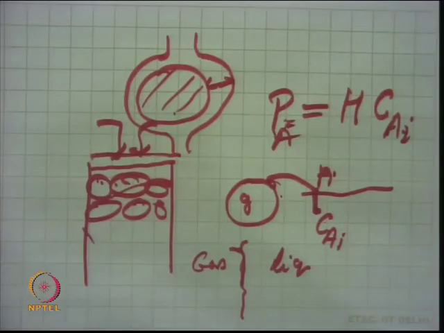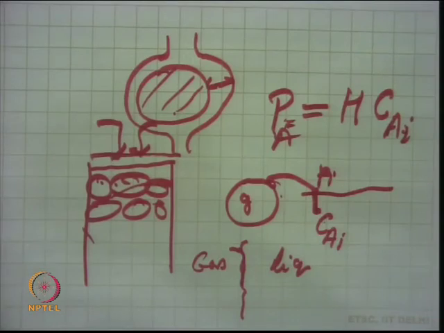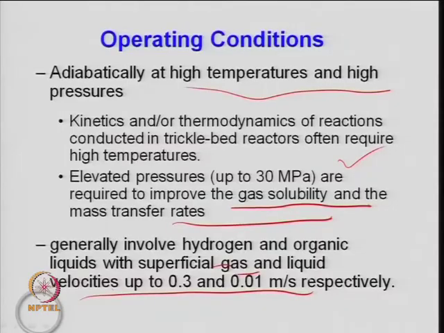This is the meaning of how many resistances are available and how to cut down these resistances. When you look at a trickle bed reactor, you will have more and more mass transfer resistances: between the gas and liquid, between liquid and solid, and at the surface of the pore of a catalyst. So, we need to check these things and control them in order to have higher efficiency or higher rate of reaction.